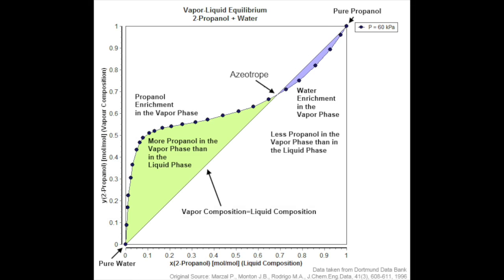What is distillation? Well, it's a method of separating components based on their difference in boiling points. The greater the difference in boiling points, the easier the separation. Azeotrope. An azeotrope occurs when the two liquids cannot be separated by distillation anymore because when the mixture is boiled, the vapor has the same compositions as the unboiled mixture, and ethanol and water form an azeotrope at about 78